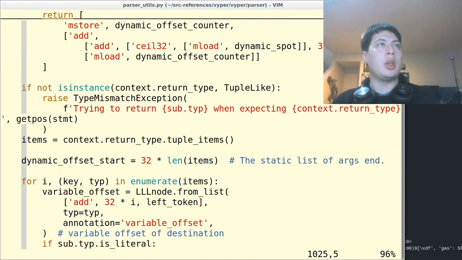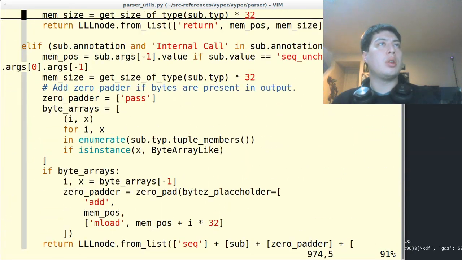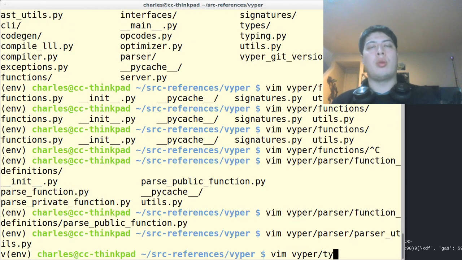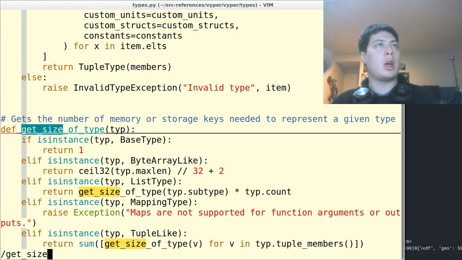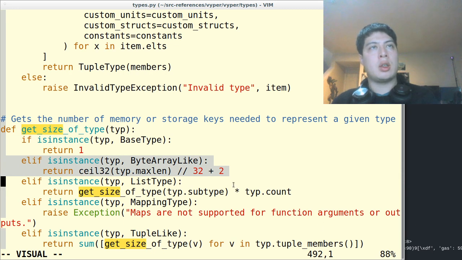But basically, here, oh yeah, it uses this thing. It uses get size of type, and for this it allocates an extra word, which is real handy